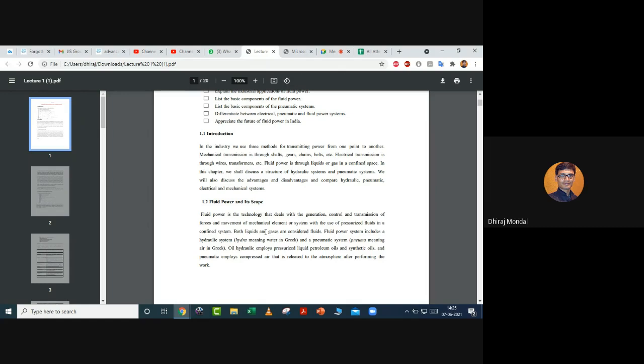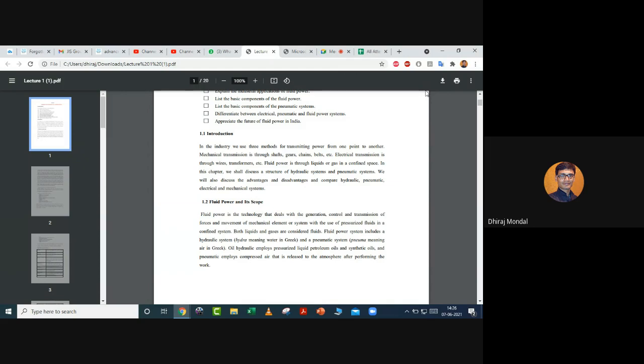So, what is fluid power control? What is the application, and how a particular machine is operated? So it is very important to understand this particular experiment number 1. In this experiment number 1, first of all you need to know what is fluid power control, or the fluid power control system.